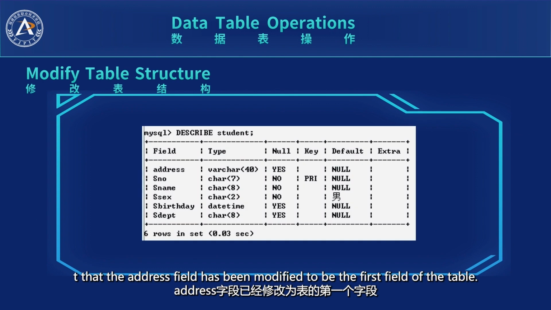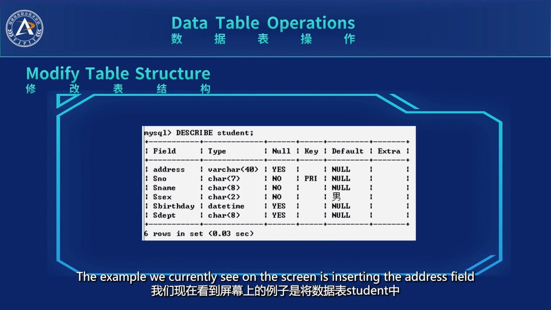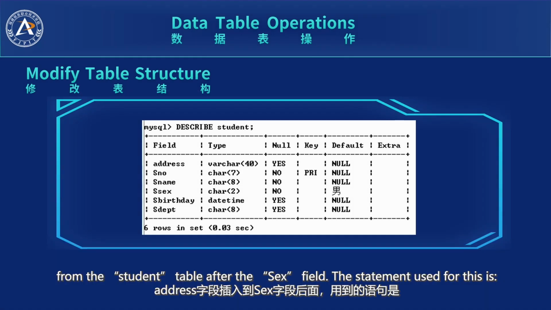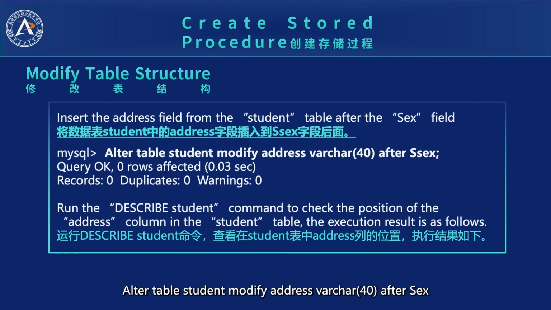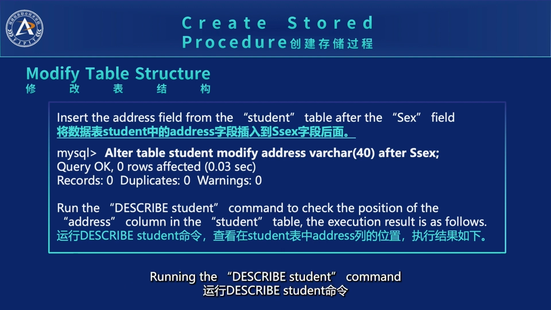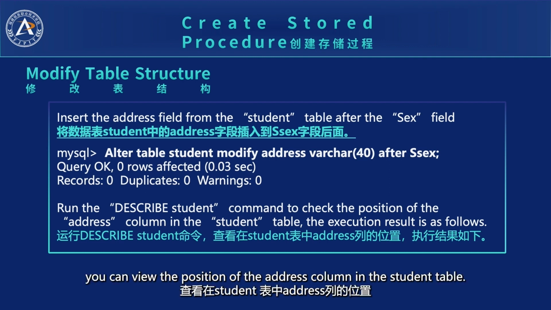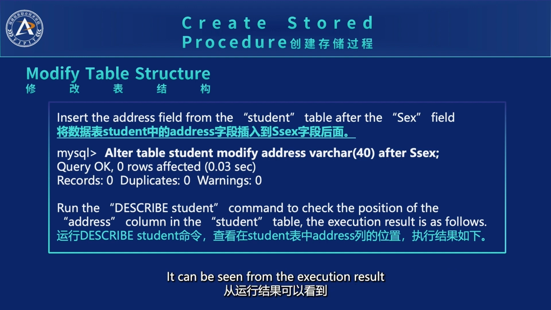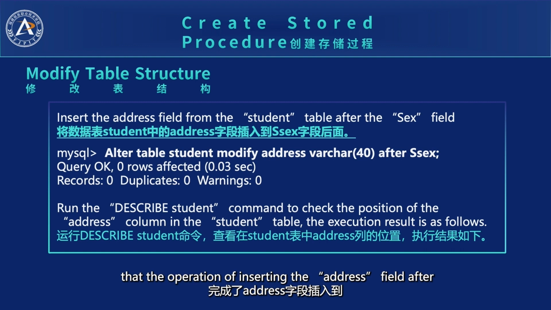of the table. The example we currently see on the screen is inserting the address field from the student table after the sex field. The statement used for this is alter table student modify address varchar 40 after sex. Running the describe student command, you can view the position of the address column in the student table. It can be seen from the execution result that the operation of inserting the address field after the sex field